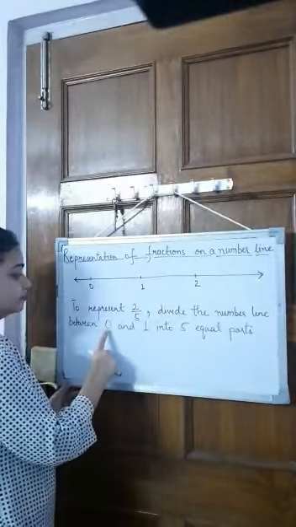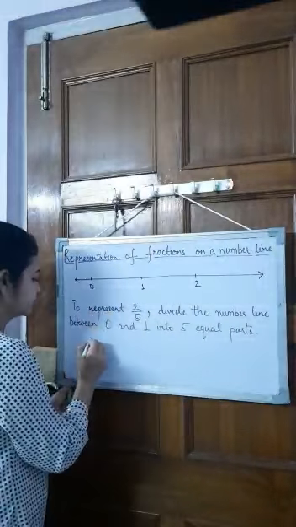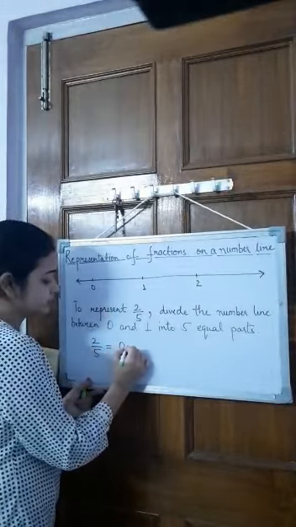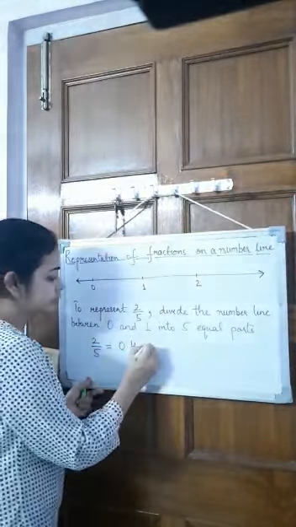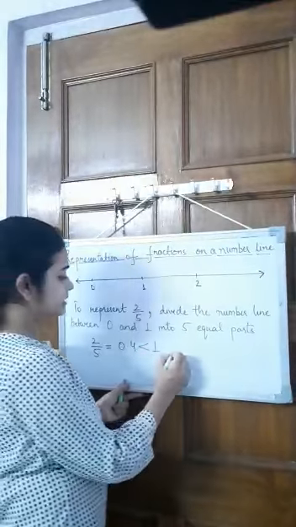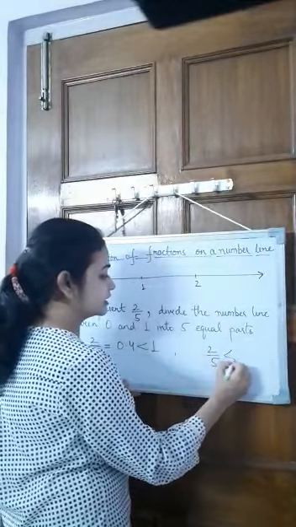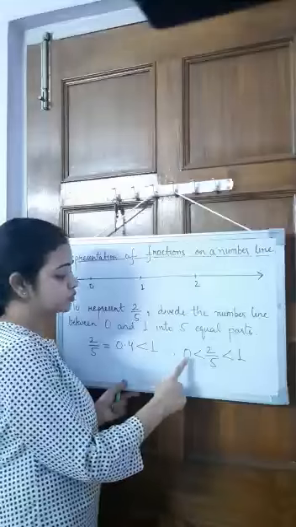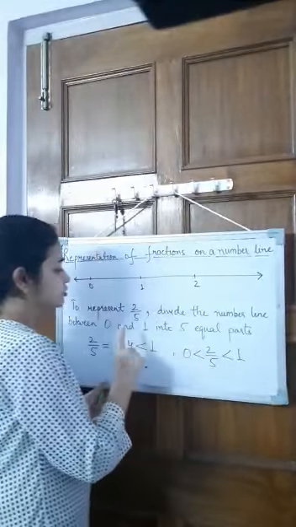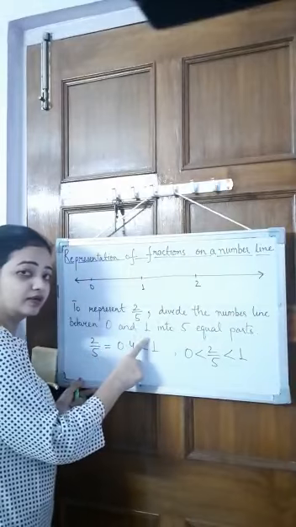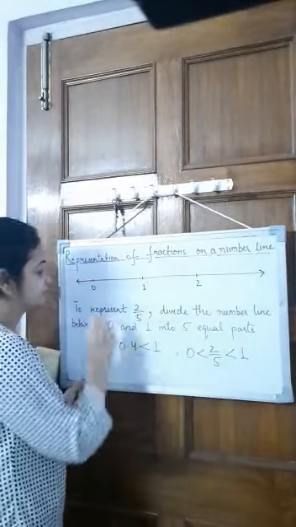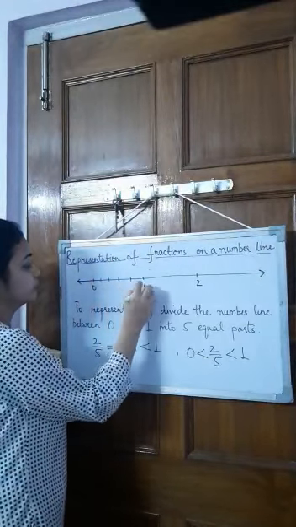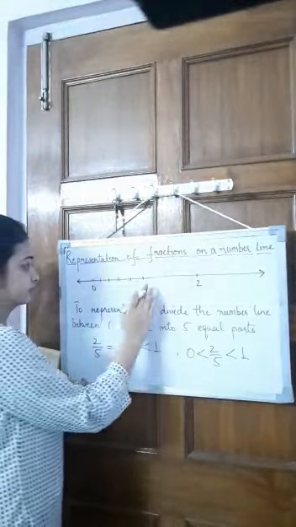Now second thing is between 0 and 1. So why between 0 and 1? It is 2 by 5. 2 by 5 means it is 0.4, and 0.4 is less than 1, which means this fraction 2 upon 5 is less than 1, and obviously it is greater than 0. So this fraction lies between two whole numbers 0 and 1. So we have taken the number line between 0 and 1, and we'll divide it into 5 equal parts. So let us divide 0, 1, 2, 3, 4 and this is 5, where we get 1.